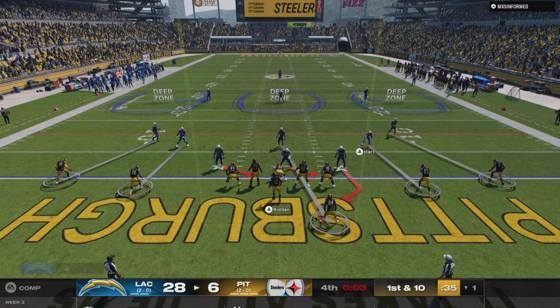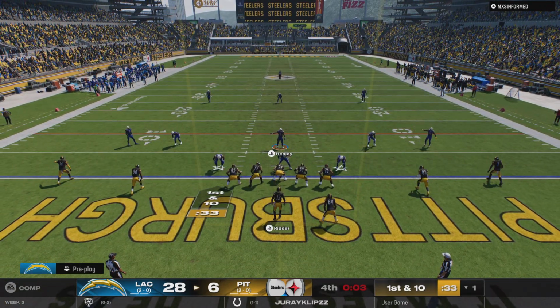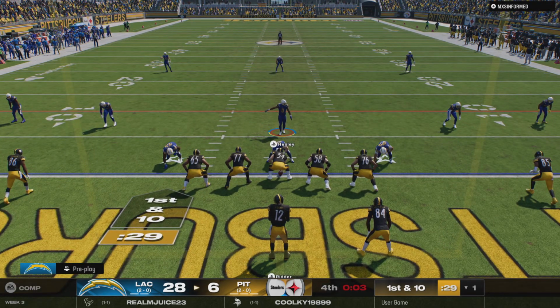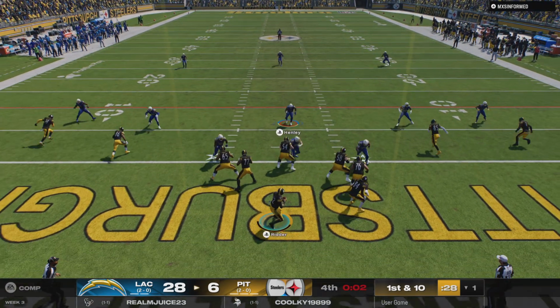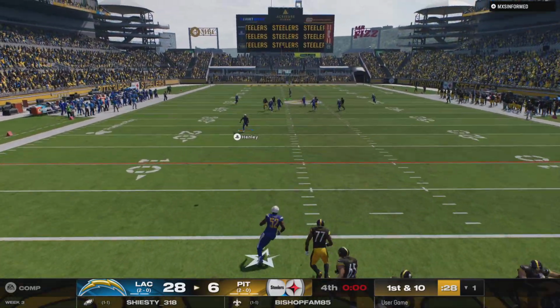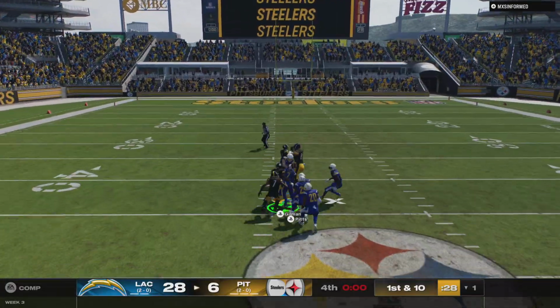The Steeler offense here about ready for their next drive. This is just an exercise in futility. Do you even bother running a play here offensively? I wouldn't, because now is not going to erase what's happened during the game. So after it's over, you're going to go to the film, find out where...